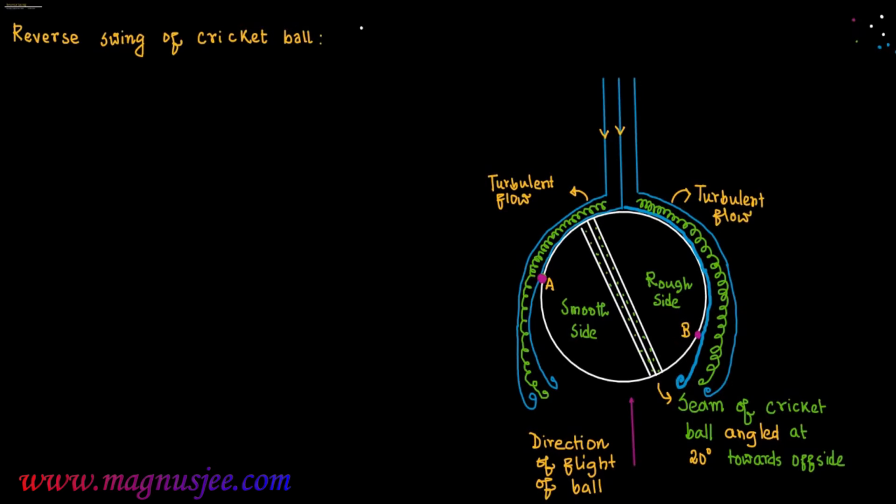So that means turbulent flow will occur on both the sides of the cricket ball. But the turbulent flow is separated lately from the point B on the non-seam side of the cricket ball, and lower pressure will be acting on the rough side or non-seam side. And as the turbulent flow is weak on the seam side here, so higher pressure will be acting on the seam side or on the smooth surface of the cricket ball, and the ball will swing towards leg